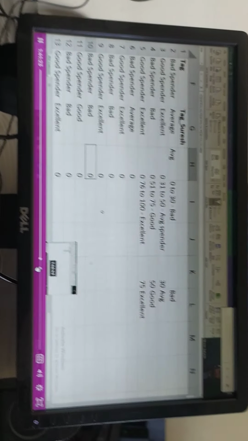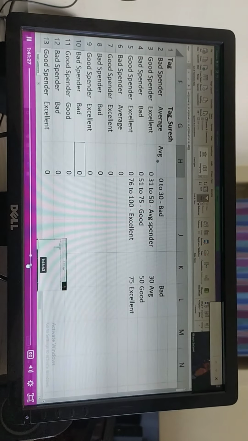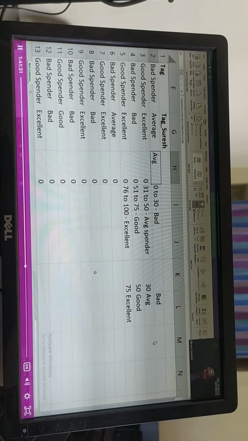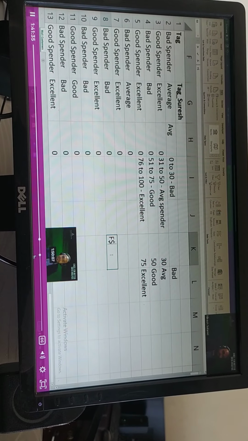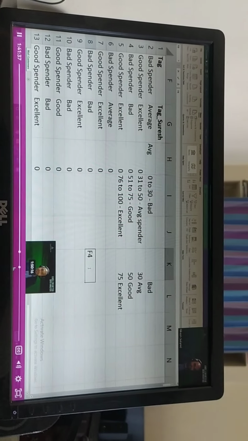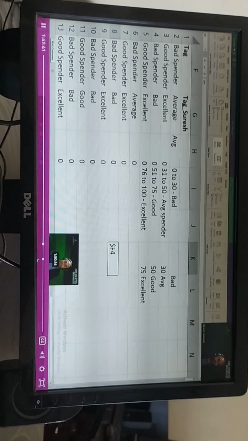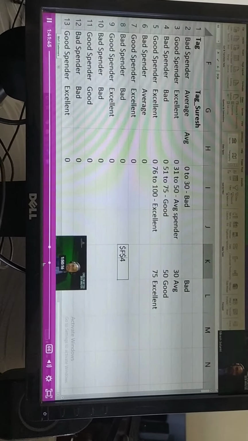So what we need to do, we need to lock. If you're using this concept, you will have to lock it. Now in Excel, to lock something, अगर आपको कुछ lock करना है, it's very simple. If you want to lock F4, for example, F4 cell lock करना है, तो you have to just put dollar signs. This is locked.